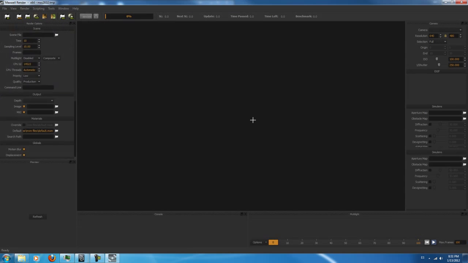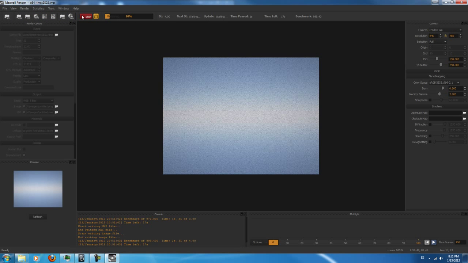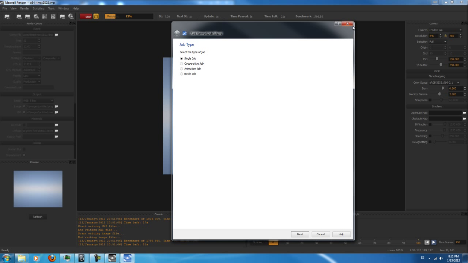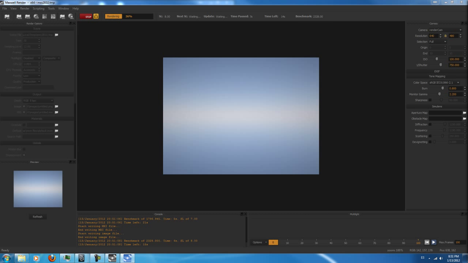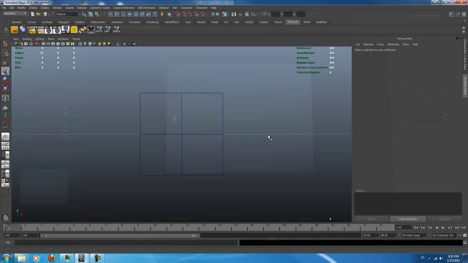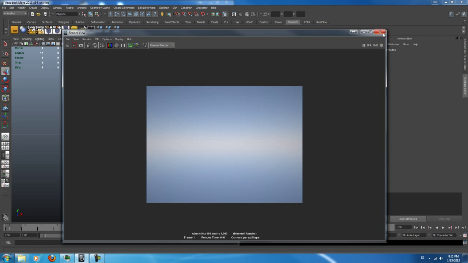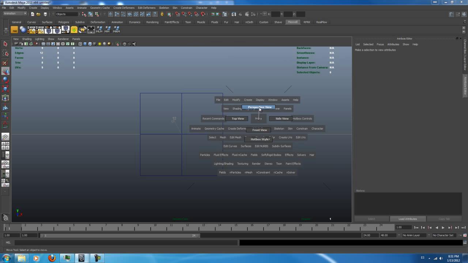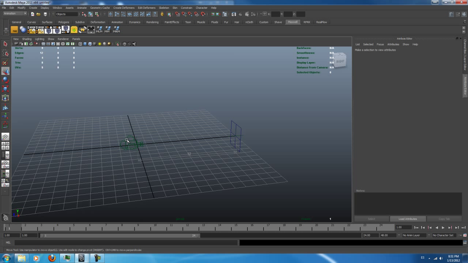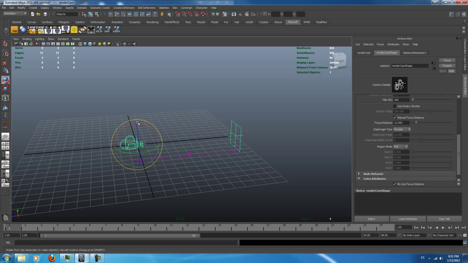So again, if we hit the render button, nothing is rendered actually, which is what I wanted to create. Let me hide this network job. Okay, we're going to close this here, and right now if I move my camera, my focus plane is going to be moved with it,